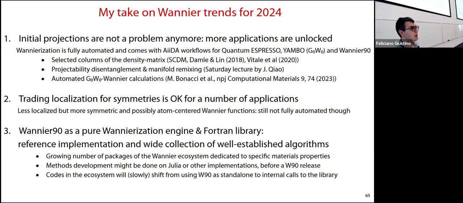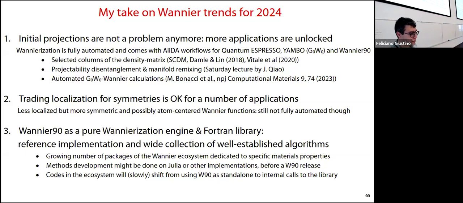Okay, so in some cases you don't only care about the localization of a function, but you also want them to somehow have some of the symmetries that you expect in the crystal. Okay, and this is still not fully automated, but there are approaches like the one from Junfeng that indirectly do a very good job in getting more symmetric Wannier functions in an automated way. And finally, as I said,